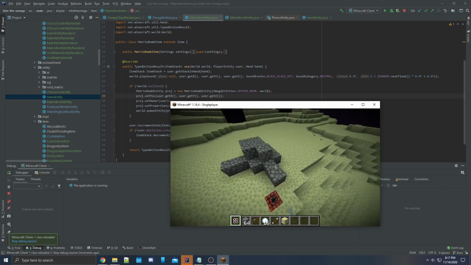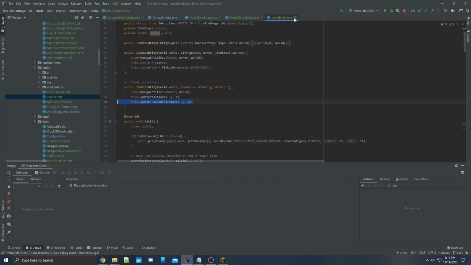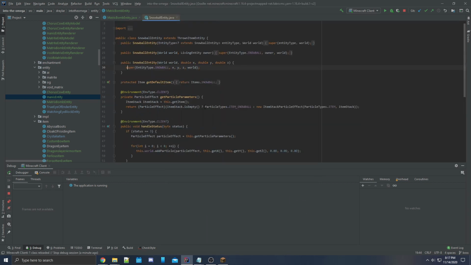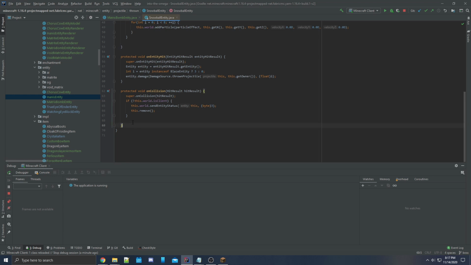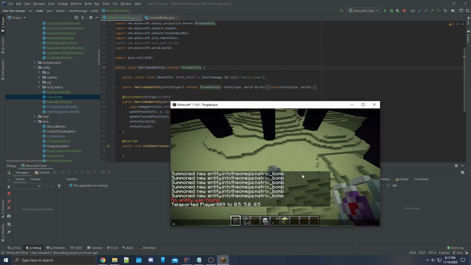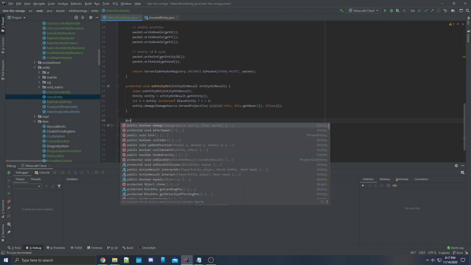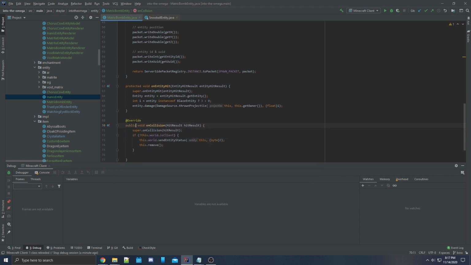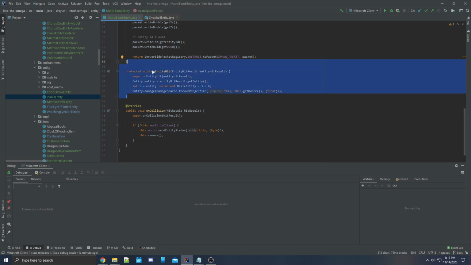Now, the next issue is that for some reason they're clipping through blocks. Looks like you have to specify what happens when you hit a block, which works. I'm going to close my game here because I won't be able to hot reload this. So we've got an onCollision method. Actually, onCollision should be called for entities and blocks. So I don't think I need to specify